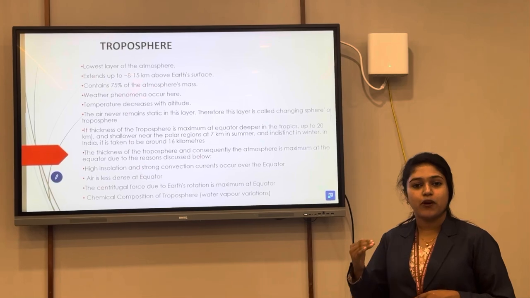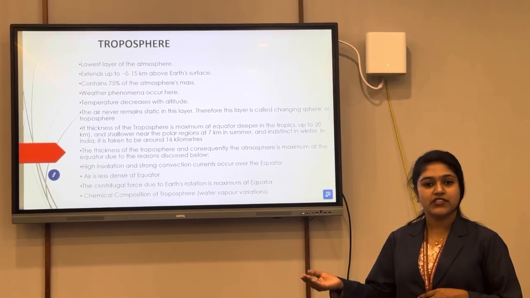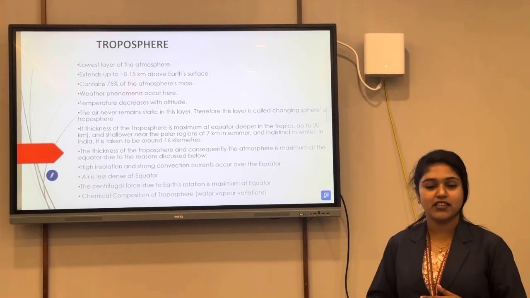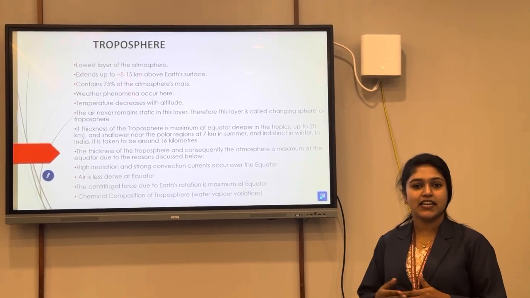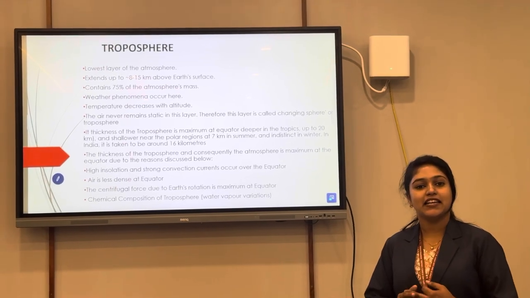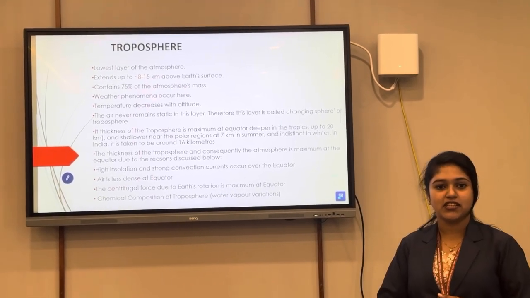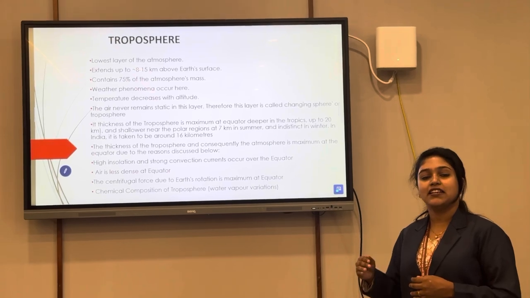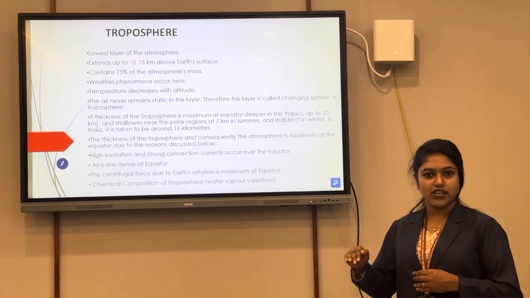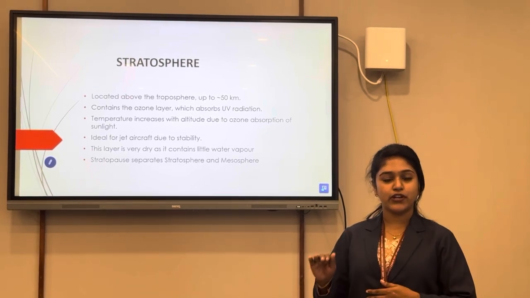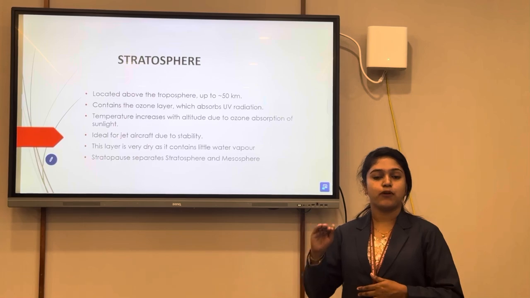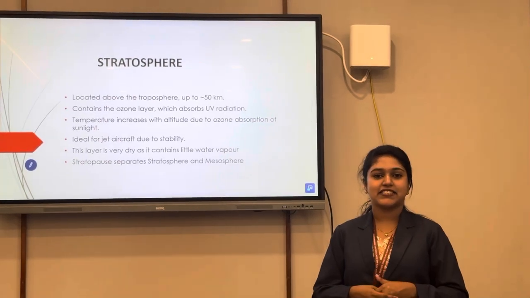The thickness of the troposphere differs in different regions of the world. The maximum thickness of the troposphere is at the equator, and there are many reasons behind that. The maximum insolation is received in the equatorial region and the air is less dense there. These are the major reasons. And the minimum thickness of the troposphere is at the polar region. There is a transition boundary zone known as the tropopause that separates the troposphere